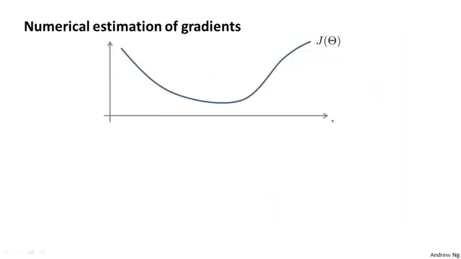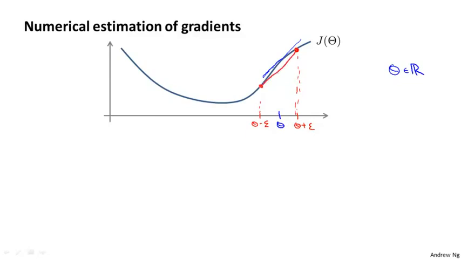Suppose I have a function J of theta, and I have some value theta, and for this example, I'm going to assume that theta is just a real number. And let's say I want to estimate the derivative of this function at this point, and so the derivative is equal to the slope of that tangent line. Here's how I'm going to numerically approximate the derivative, or rather here's a procedure for numerically approximating the derivative. I'm going to compute theta plus epsilon, so a value a little bit to the right, and I'm going to compute theta minus epsilon, and I'm going to look at those 2 points